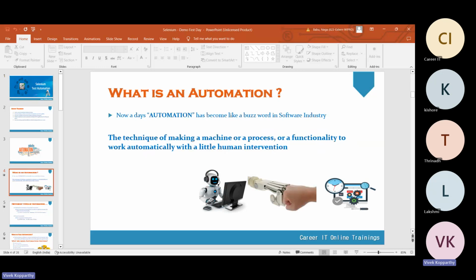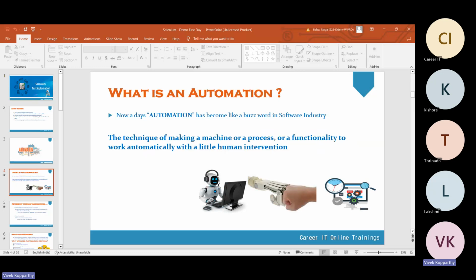Basically, automation is whenever we test a software by using another software. Testing is just checking whether the functionality works as per our expectation or not.